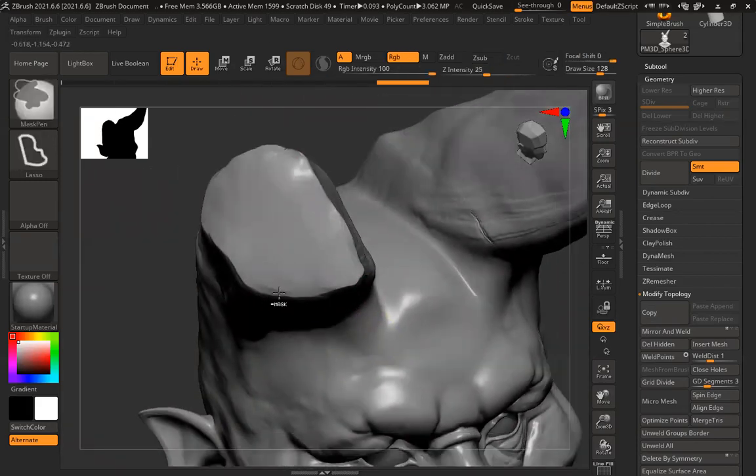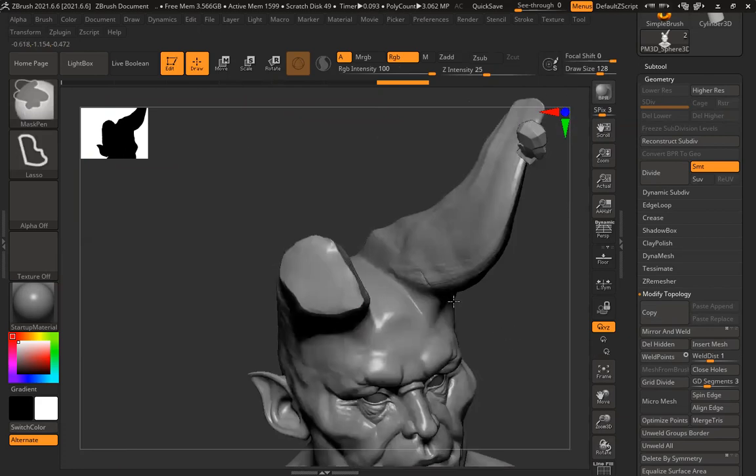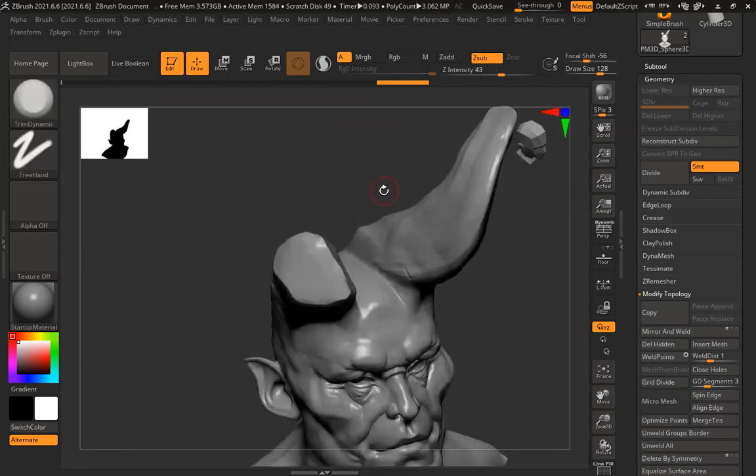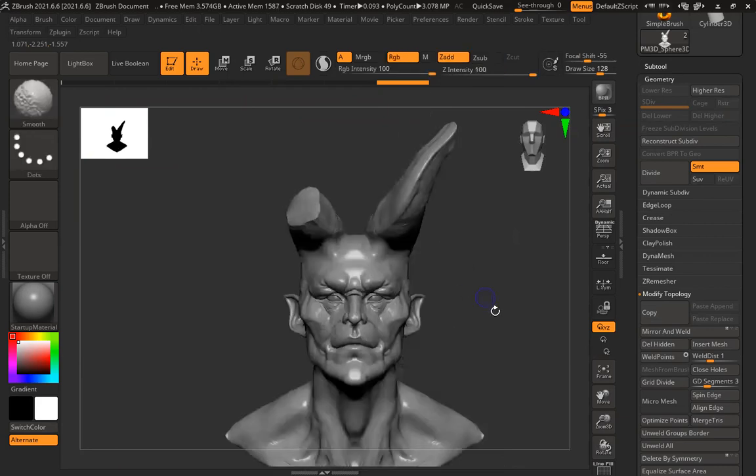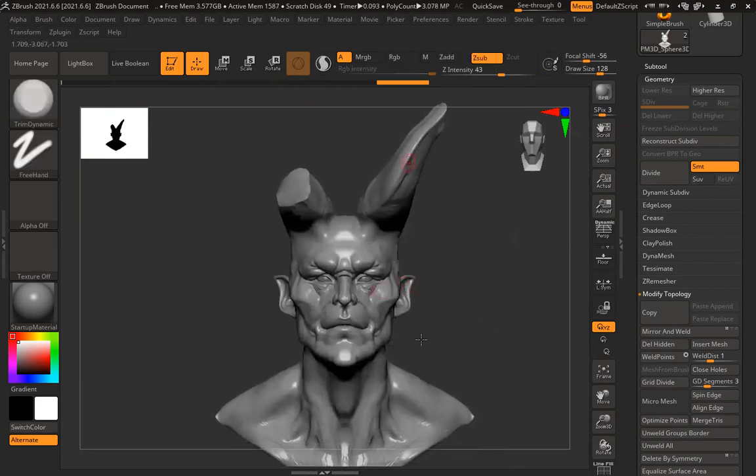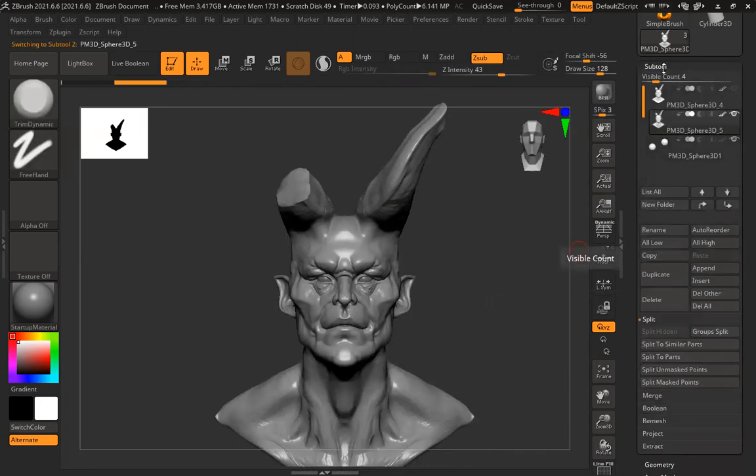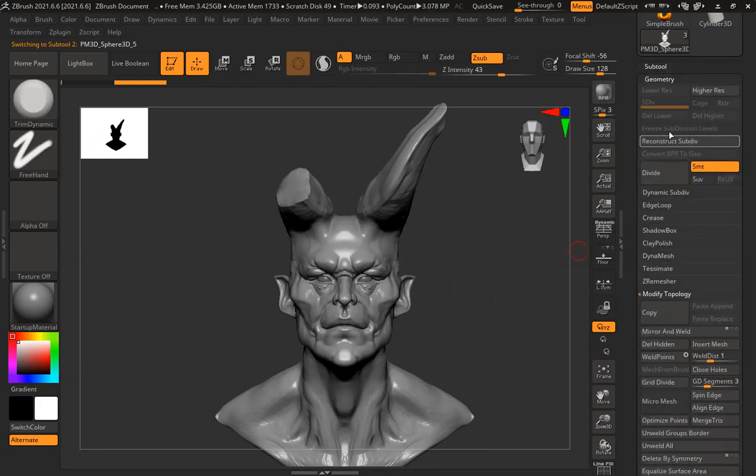So this is still very heavy on the system because I have deleted all subdivision levels. I want all subdivision levels back. There are two things: I can try reconstruct subdivision levels, or I can Control Shift D. I'll just keep a backup. Then I'll click on this, one backup, and then reconstruct subdivision levels.